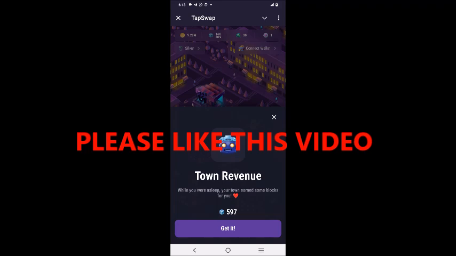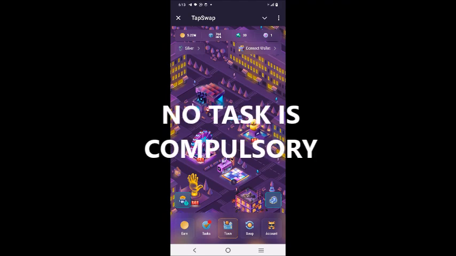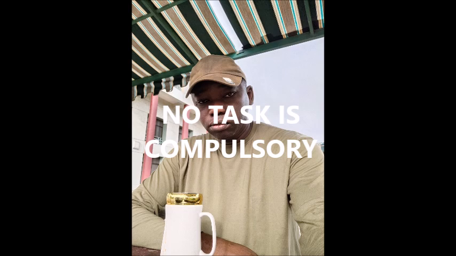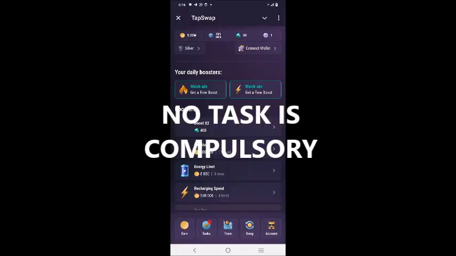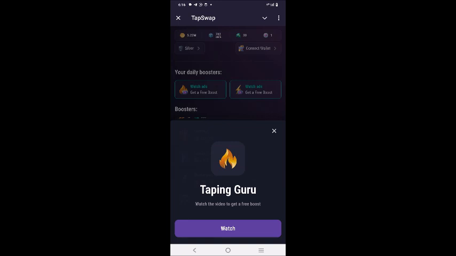After you join TapSwap, what do you need to do? There are different tasks that you are going to do on the app. So you try and do as many of the tasks as possible. Some of the tasks ask you to join TapSwap social media, then you get points for that, you get scores for that. A common requirement for many airdrops is to follow the project's social media accounts. You join TapSwap Telegram, you join them on Twitter, join them on their different social media accounts. For every join you do, you are going to get points that is going to be used to make you